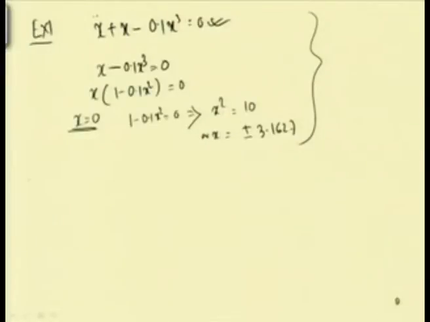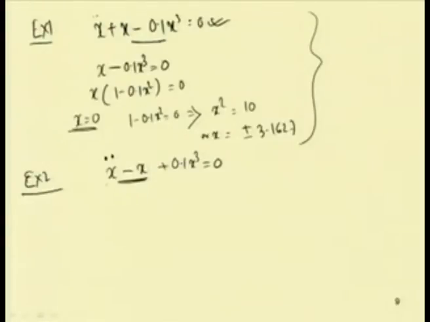Let us take another example, with the equation in this form: x double dot minus x plus 0.1 x cubed equal to 0. The previous case is similar to a Duffing equation with a softening type of spring with cubic nonlinearity, that is, we have the minus 0.1 x cubed. In this case we have taken an equation where the linear stiffness part is written as negative.